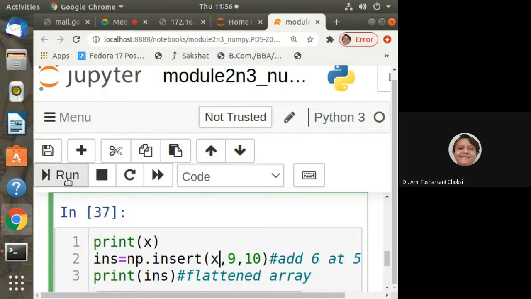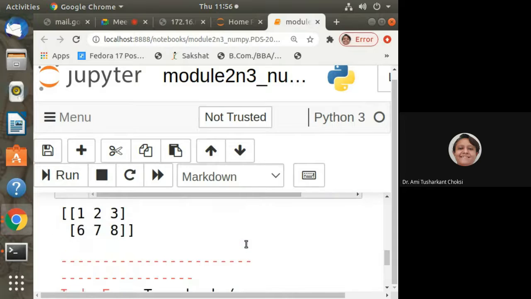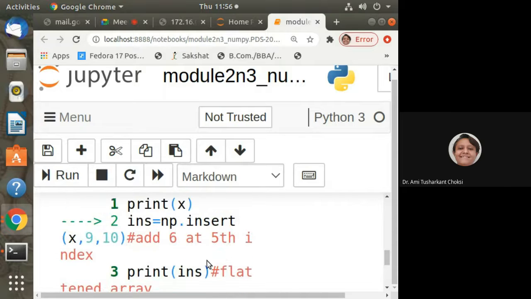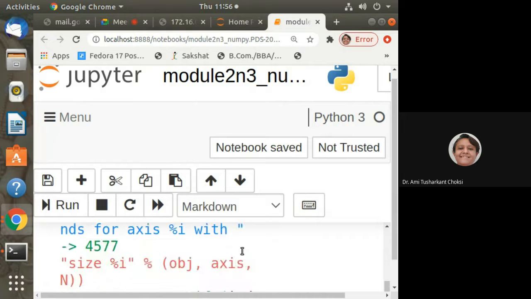We used numpy.insert with 9 and 10, and we changed the way it was.